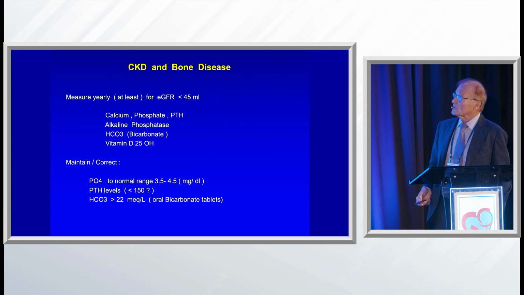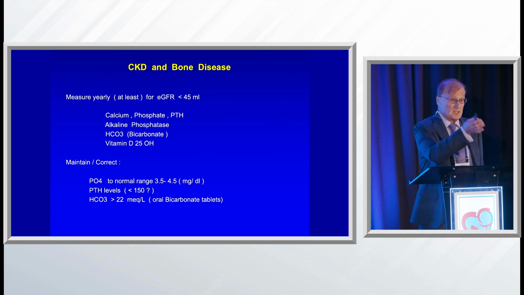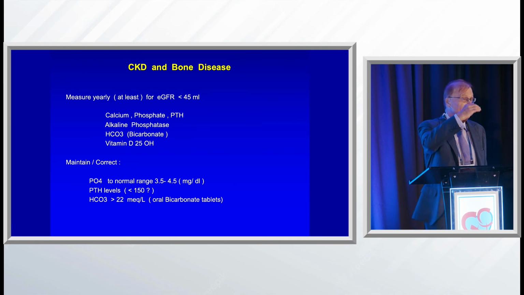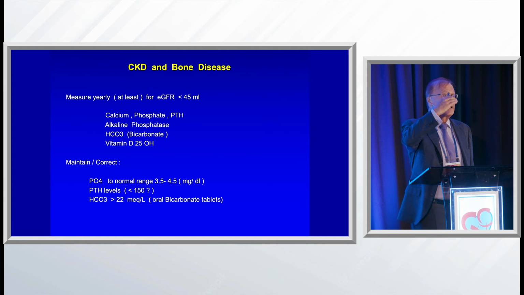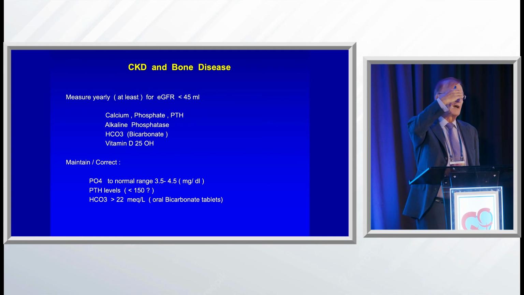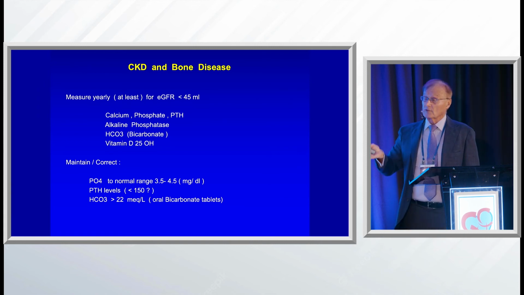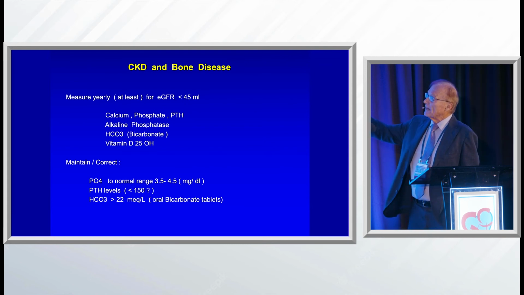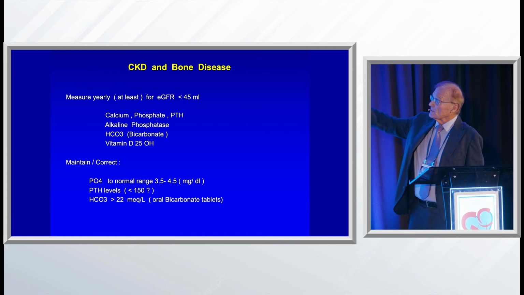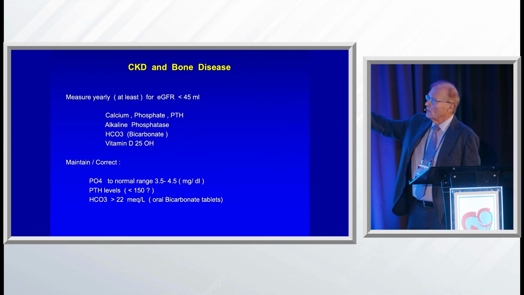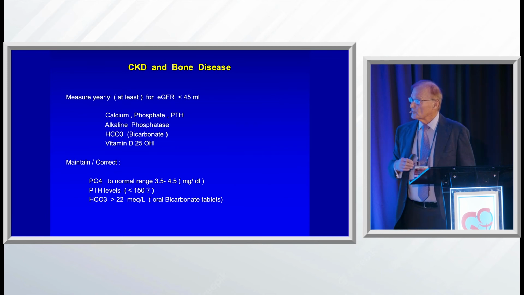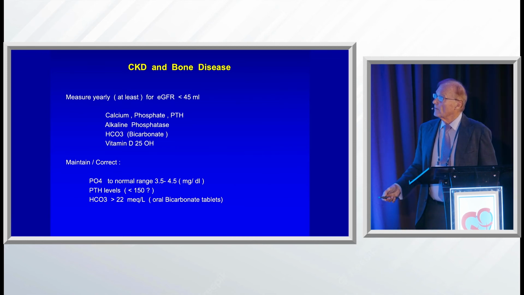That makes it worse. And as alluded to, phosphate is bad for the endothelium. So most people with eGFRs below 30, their serum phosphate level goes up. And that leads to lower calcium levels, that leads to activation of parathyroid hormone, and hyperphosphatemia, as we now know for some time, causes endothelial dysfunction, so it's contributing. So basically, when the eGFR is less than 45, you measure your calcium, your parathyroid hormone, the bicarbonate level and vitamin D levels, and you try to keep them as close as possible to normal. So that's just a quick look.